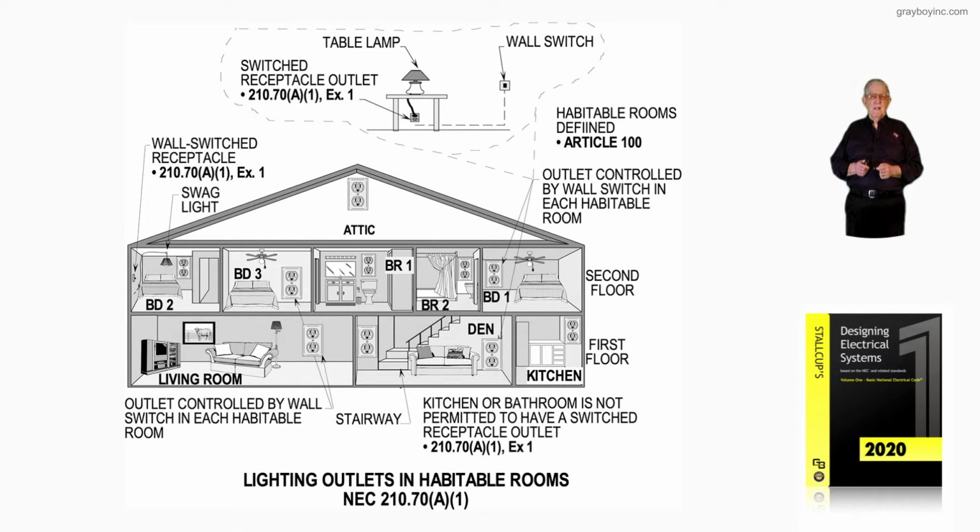Now, this illustration deals with lighting outlets in rooms that are occupied. You're going to have habitable type rooms. Now, notice some folks say, well, the bathroom, you're not going to live in there, you're just going to go in and leave. A closet, they say, that's not an area where you're going to live, you're just going to hang clothes. So they have a definition of what is considered rooms that are going to be occupied by people, so to